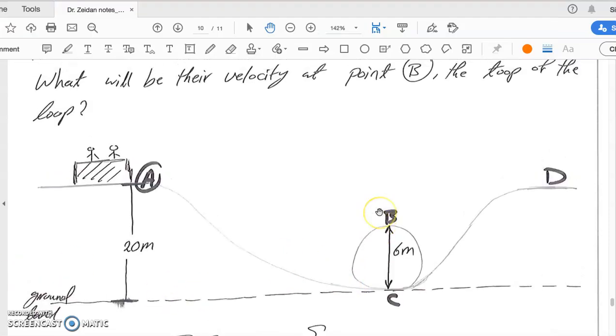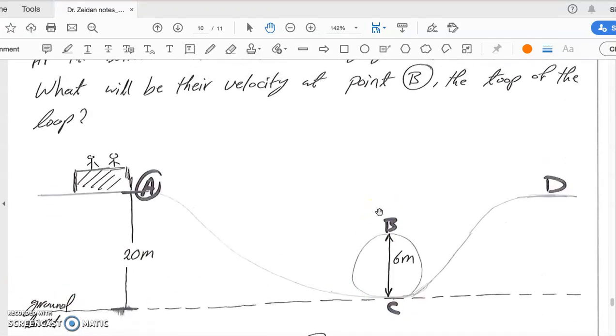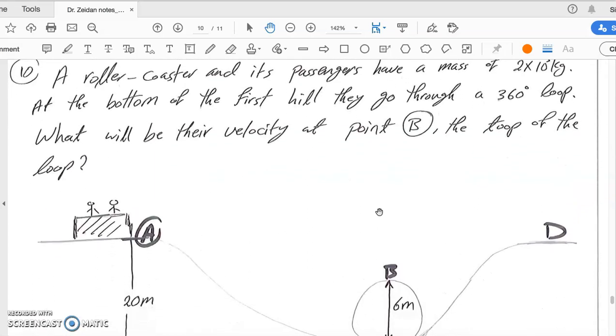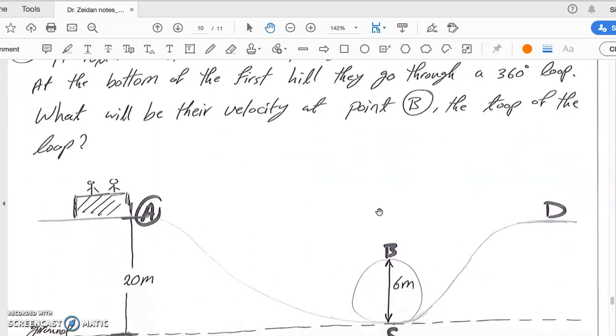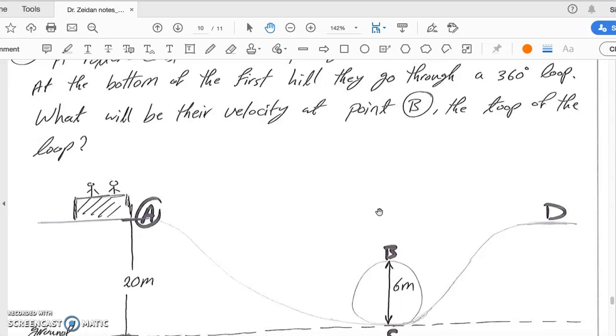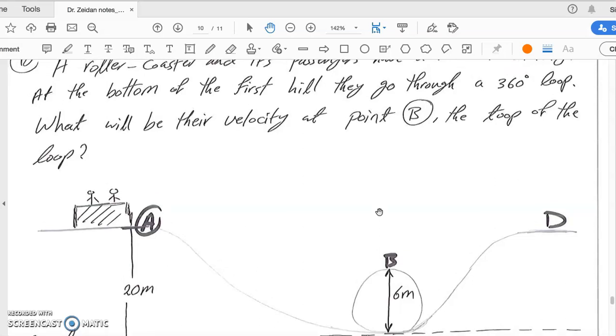All right, guys, we ended up last YouTube with talking about this example, which looks difficult, but really it's the same as the previous example. You have to apply mechanical energy at A. It should equal mechanical energy at B. It should equal mechanical energy at D. No matter what the path is,